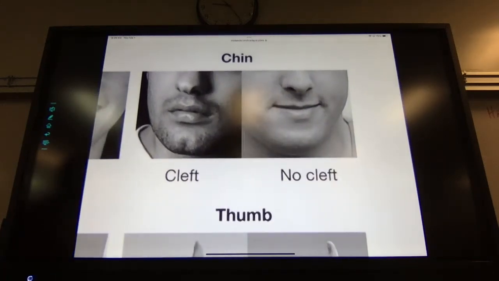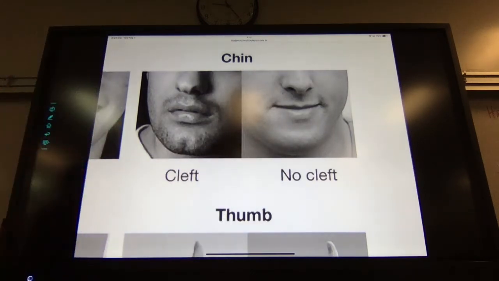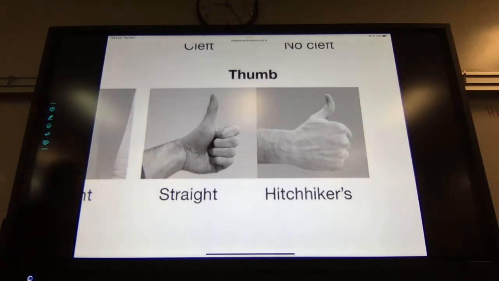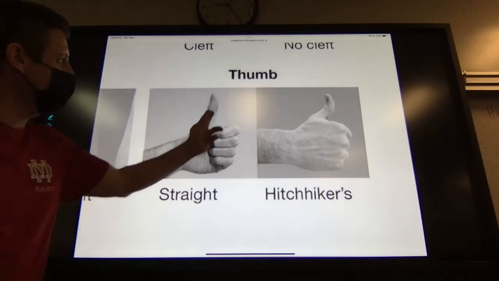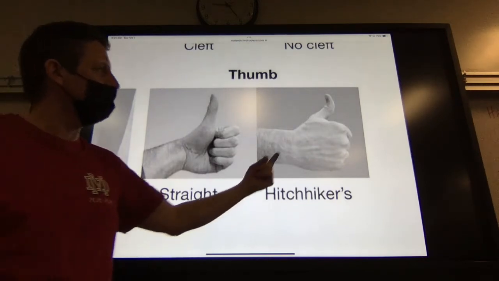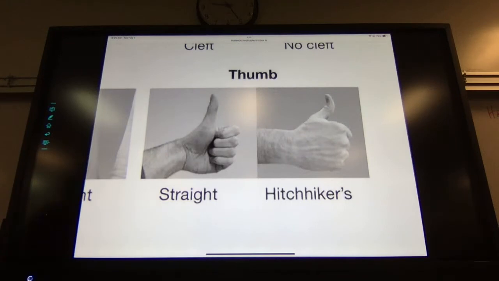If you have an indentation in your chin, that's called a cleft chin, otherwise no cleft. And here's the thumb. If you were to hitchhike, for example, and don't do that. If your thumb doesn't have any bend to it or a slight bend, that is a straight thumb. But if it bends back at a 45-degree angle, close to a 90-degree angle, you push down on it and